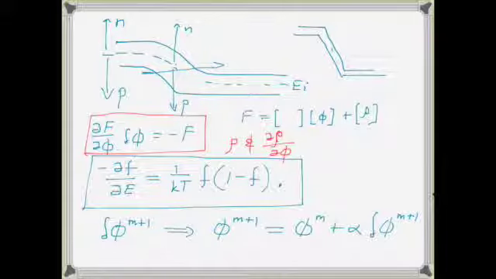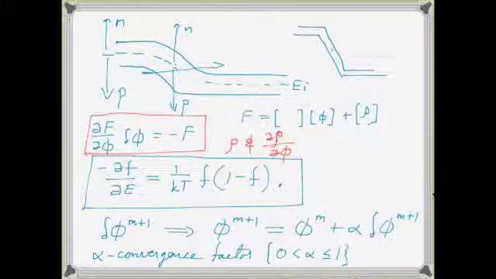And this alpha, we just call it a convergence factor. For us, it's usually something that's lying between 0 and 1. If everything is really robust, you can make it greater than 1, up to maybe 2, but usually for everything we do it's something less than 1, and often a lot less than 1, like 0.1 or 0.05 or something like that, depending on how things are converging. So the value is going to depend on how well the equations are converging,